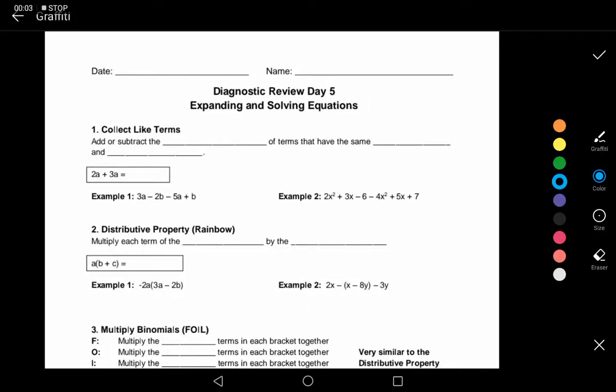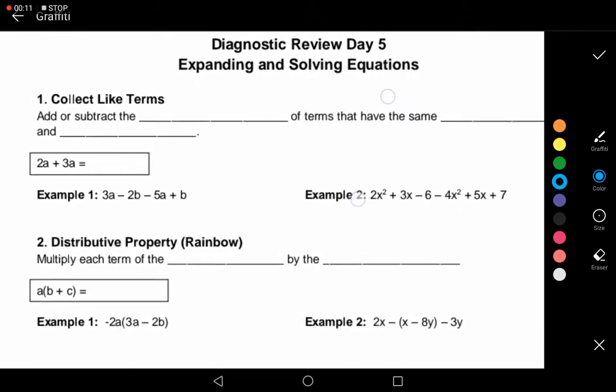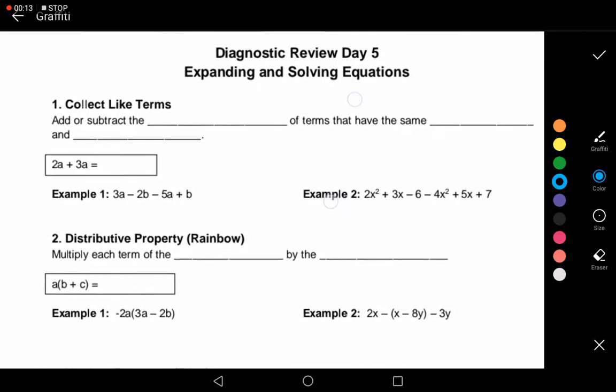This is review lesson 5, our final lesson of our review on expanding and solving equations. So the first thing we're going to focus on is like terms. So what does it mean to collect like terms? Well, when we're doing this, all we need to do is add or subtract the coefficients